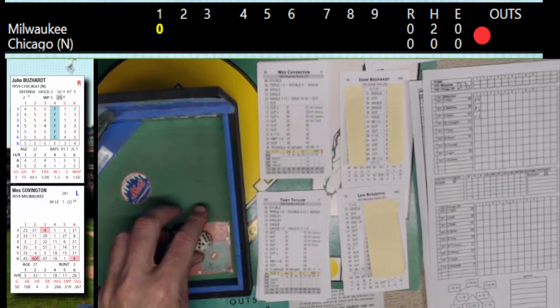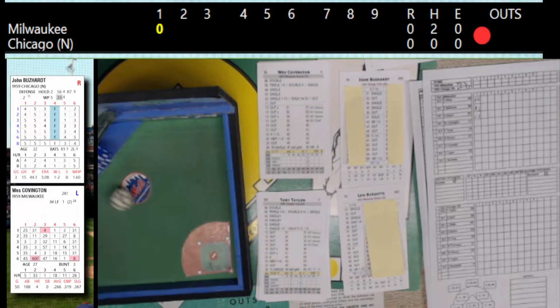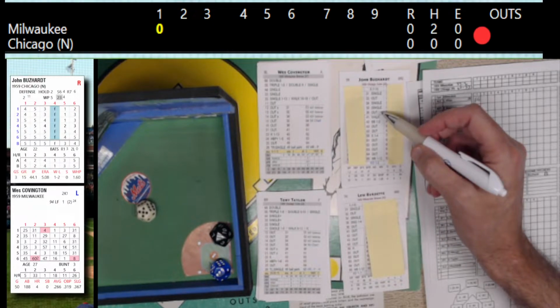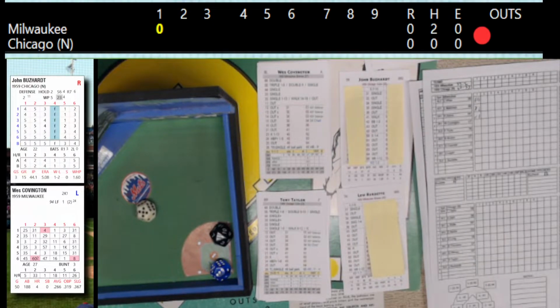Wes Covington bats from the left side. Here's a pitch, and that is a 35. It's a blank on the batter card, and it's going to be a single. It's a little check swing, and it drops in over the head of Taylor, the second baseman, played by the center fielder, Altman.